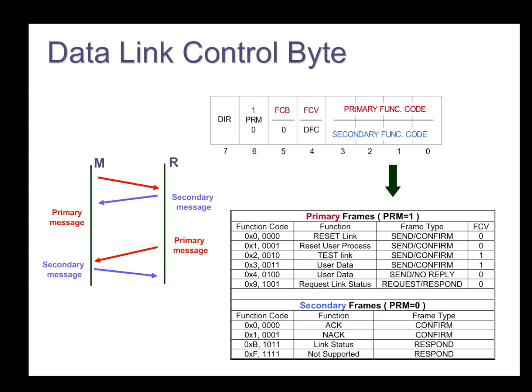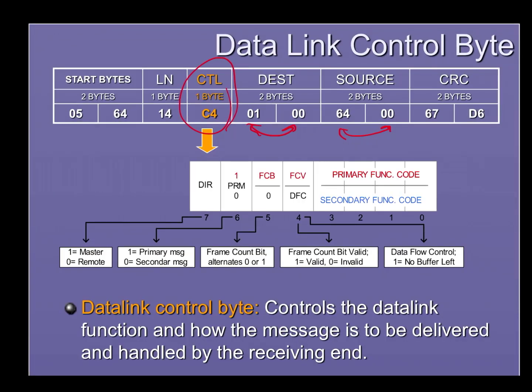So if we're looking at the DataLink control byte, again, we've got that direction bit we talked about. That direction bit is either a 0 or a 1. If it's a 0, it's from the remote. This says where it's from. And if it's a 1, it's from the master. And then we have something called the primary or secondary message. When it comes to DNP3's DataLink headers, any message that goes out